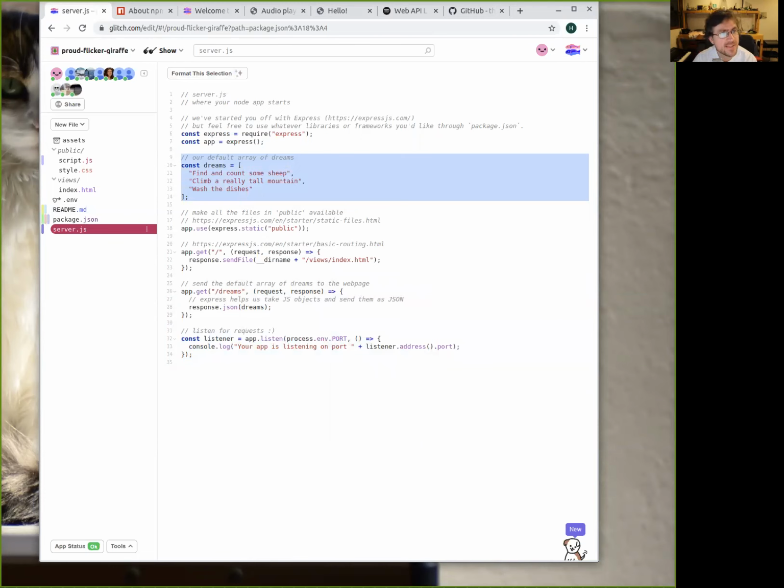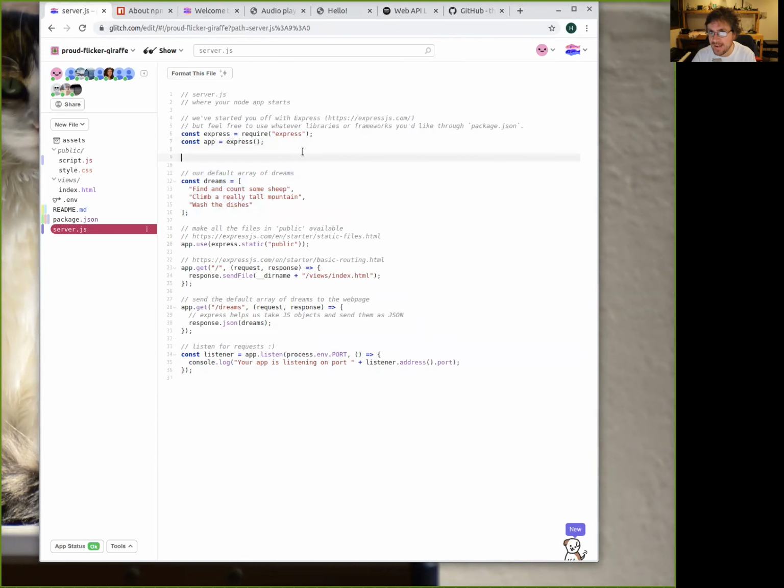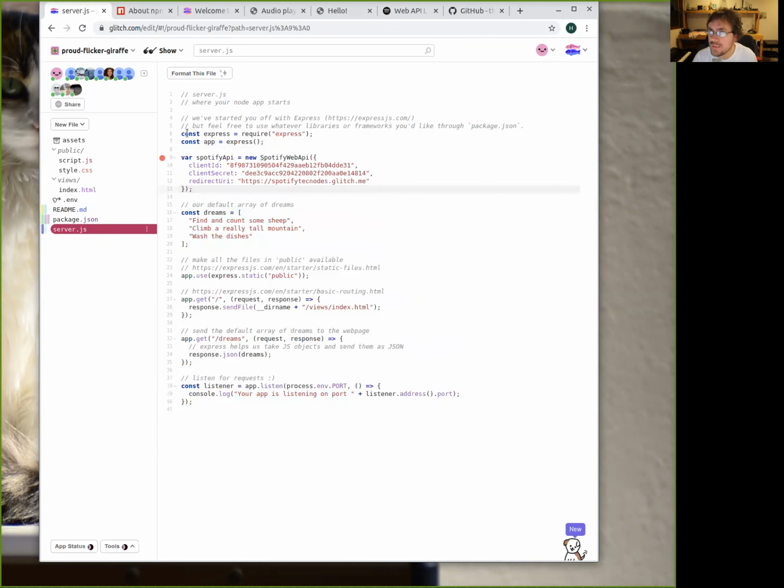The first thing I already have working here because I don't want to spend time on this. One important thing is that in this application, we need to create our Spotify web API connection with an ID, with our secret code, and with a redirection to which page we are going back.